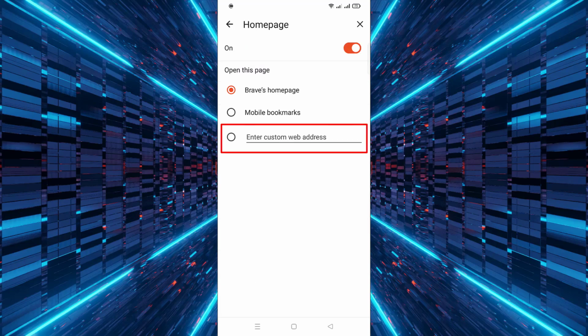Next, choose the Custom option to allow you to enter the website of your choice. Then, type in the URL of the website you want as your homepage, such as google.com, and confirm your selection. This process ensures that every time you launch Brave Beta, you are taken directly to your preferred website without any